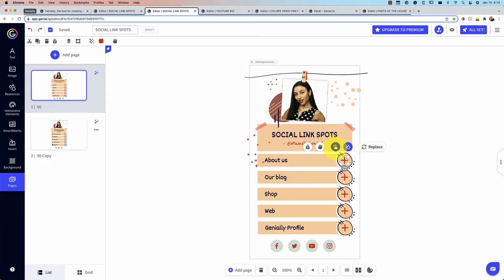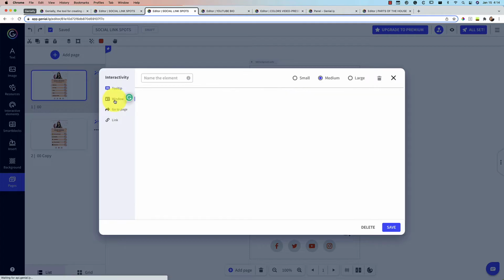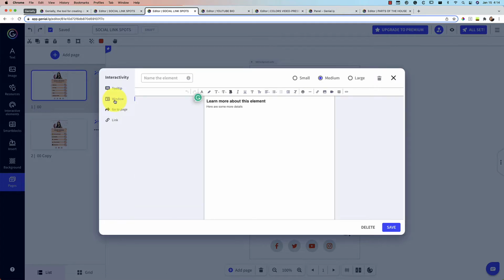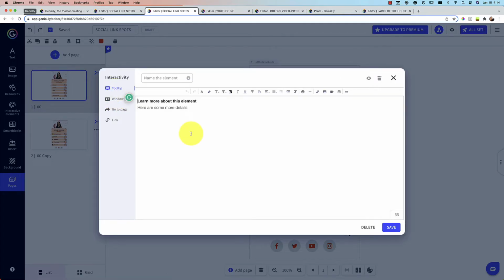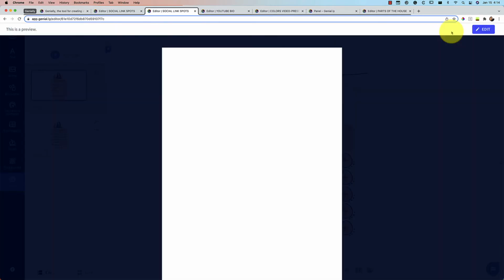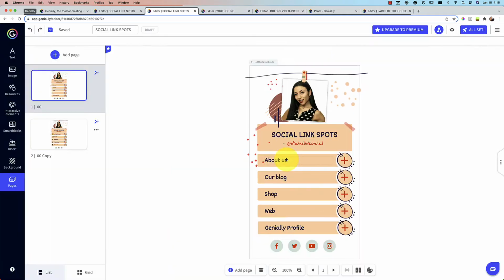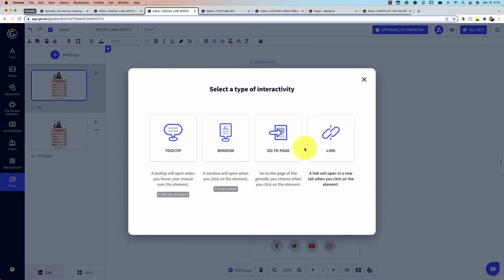The last thing that I didn't show was the tooltip. The difference between tooltip and window is I had to click on it for that window to pop up. A tooltip is just going to be a hover type thing. So let's go ahead and save this, show you what that looks like. So now instead of having to click on that, I just hover over it. So as they recommend, whenever you make something interactive, use the tooltip, usually with a little bit of content, and the window if you have more content.